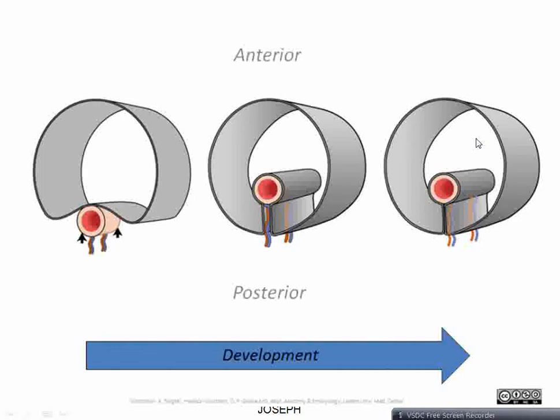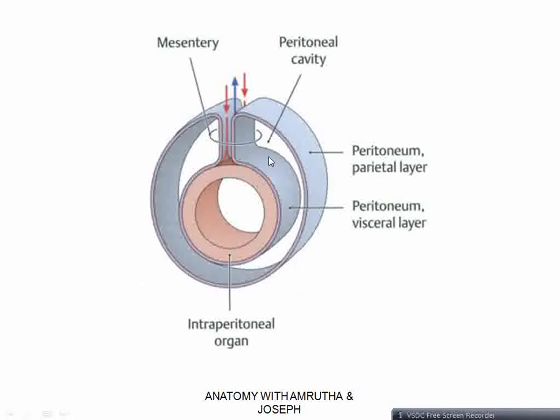The peritoneal cavity is only filled with peritoneal fluid. There are no organs in this area. So that is why we say that even though it is intraperitoneal, there are no organs seen inside the peritoneal cavity. Again, we can see clearly that the parietal peritoneum